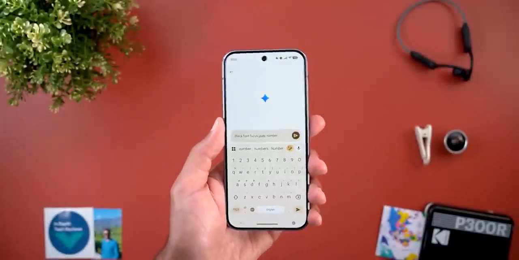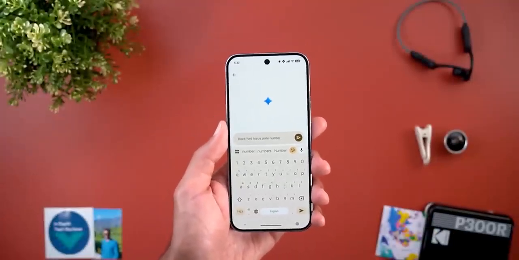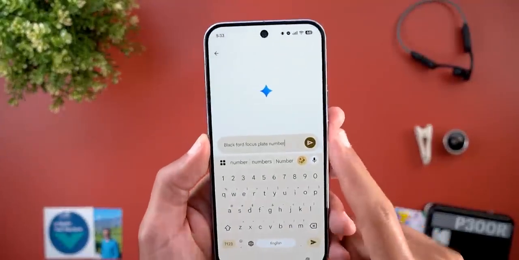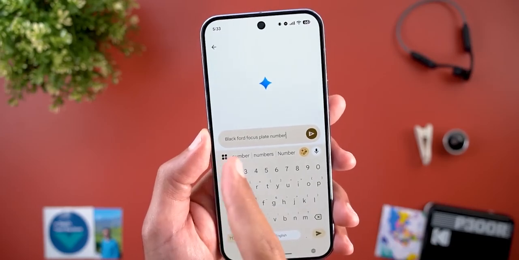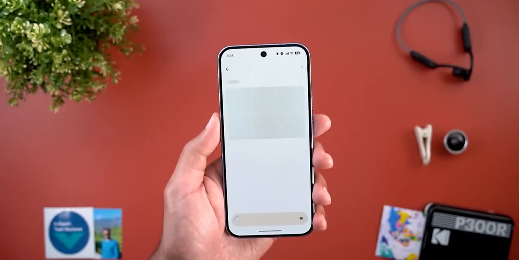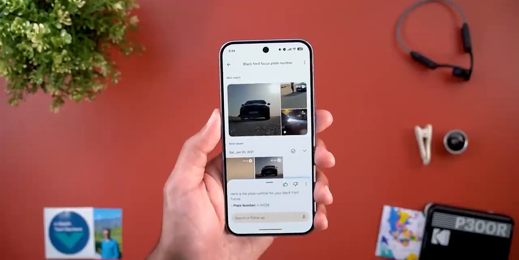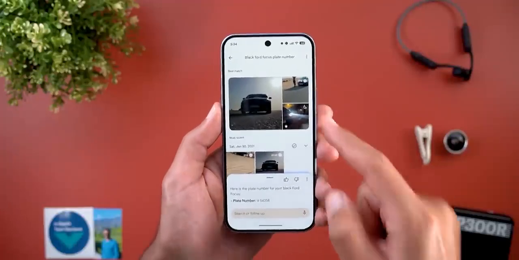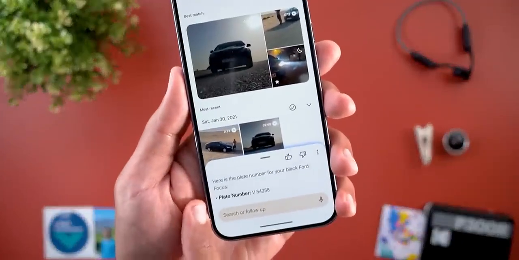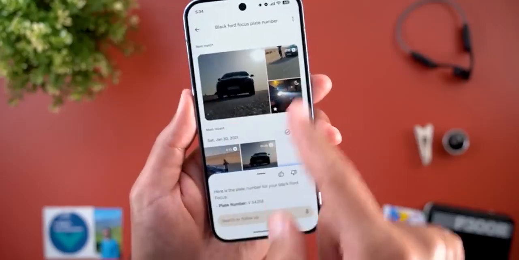Another useful thing you can do is to locate a specific piece of info in your photos. For example, I'm gonna try this query, black Ford Focus plate number, and then tap on send. As you see, it's giving me all the photos and videos that include the plate number of the black Ford Focus, and here at the bottom, it's giving me the info as well, so I don't need to open the